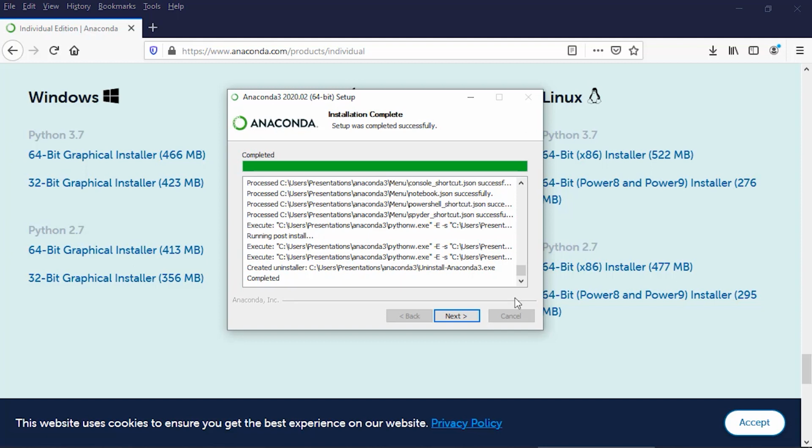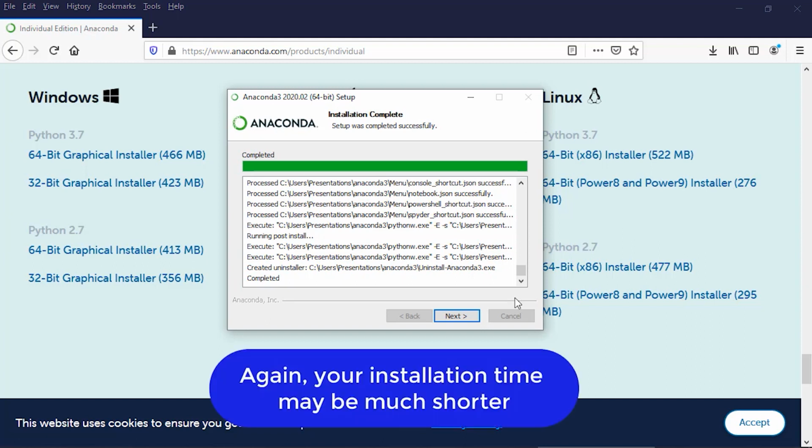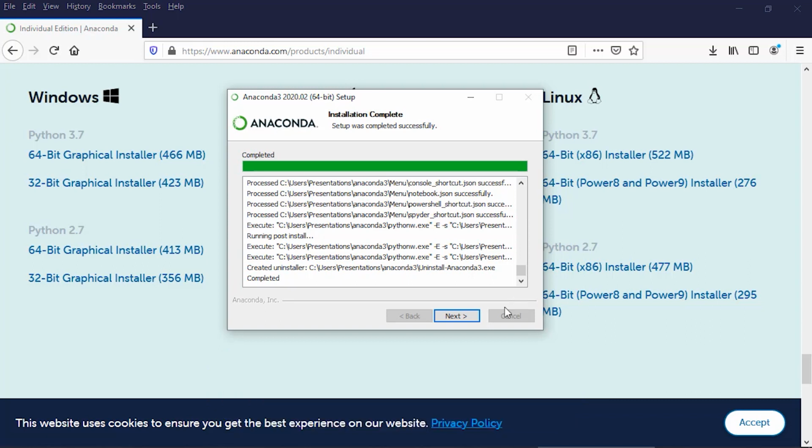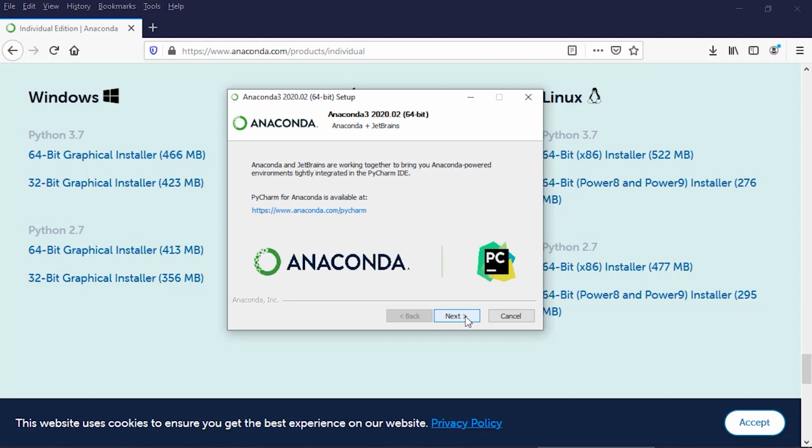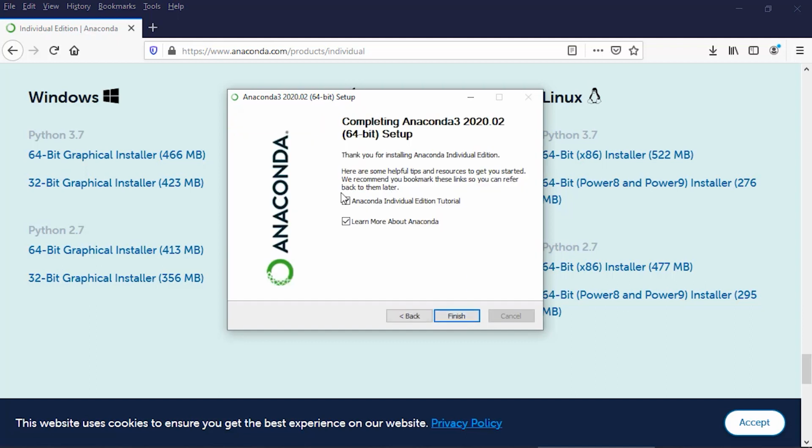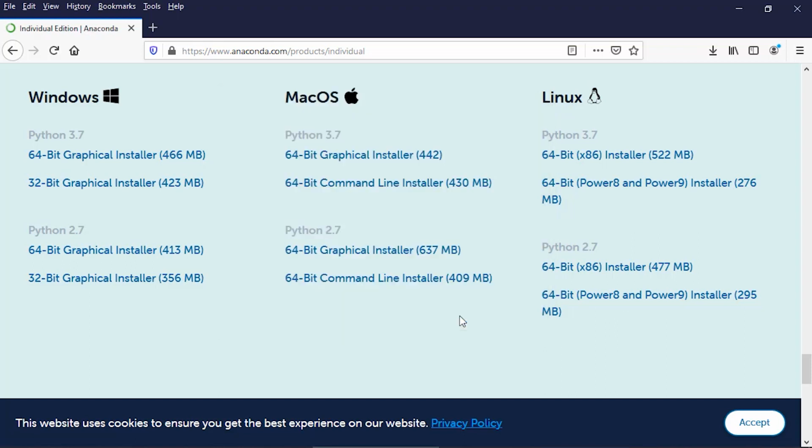Okay, so the installation is complete. I know that looked like it went by quickly, but I timed it and it was about 16 minutes actually to do the installation. I've simply compressed the time using video editing. But we're ready to move on with our installation, so I'm going to click Next and click Next again. And I don't want to do any of the tutorials or anything at the moment, so I'm just going to uncheck these and click Finish. And now I can go back to Stata.